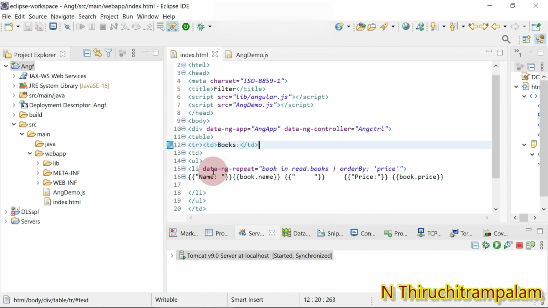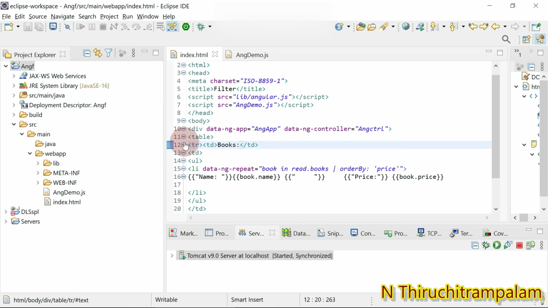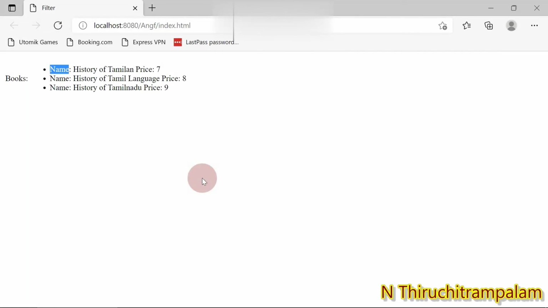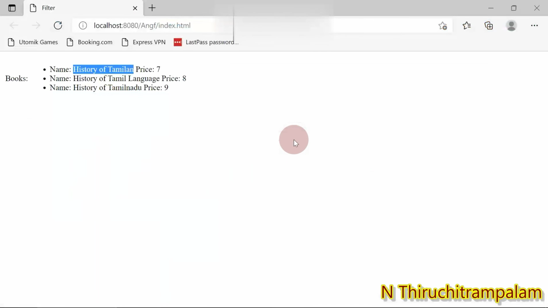And then we move on. Here you can see name colon. We have given within the curly braces name colon. That's the reason it's been displayed. And then you can see the history of Tamilan. Here we have given book dot name, and that's the reason you got history of Tamilan here.